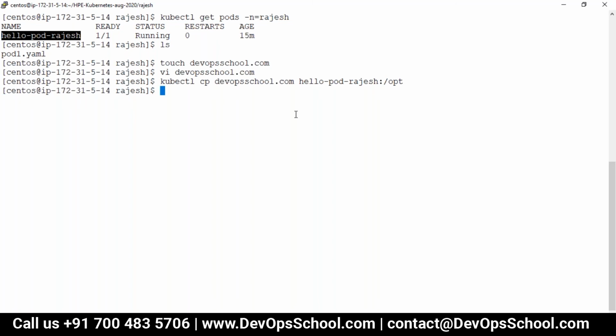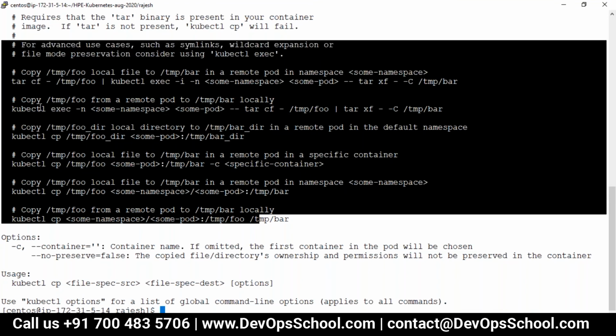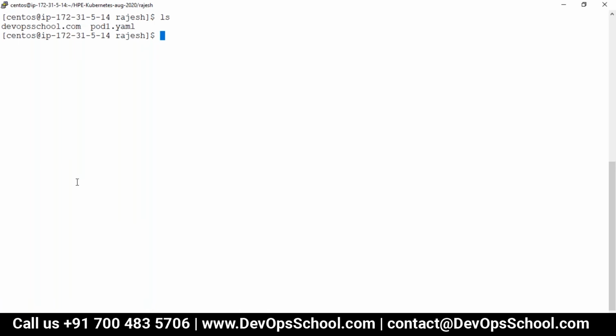Done. I did it. Now if you don't know, you can find out using cp -h. Don't forget this pattern. All these advanced examples you see here, how many examples you got. So if you don't know, you can get to know, but I copied. But the question is, how do I see that?